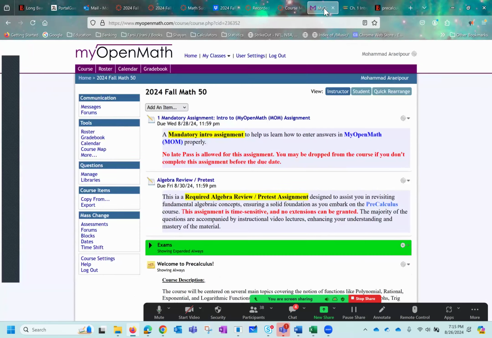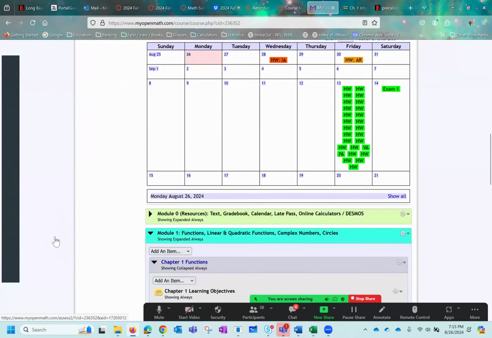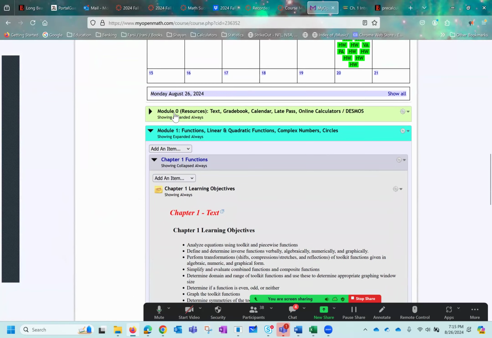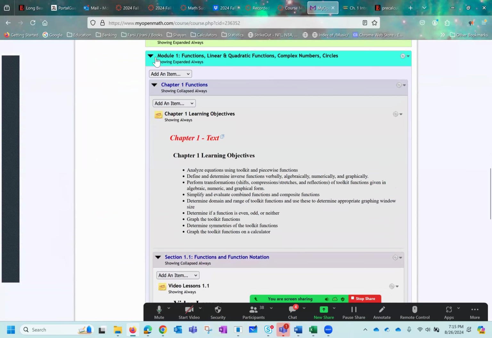Finally, when you go to My Open Math, first and foremost, you do the mandatory assignment to My Open Math to get familiar with how it works. Then you do the algebra review to see what is your background and your prior knowledge of mathematics. Module 0 has nothing but a bunch of resources. Your actual work starts with Module 1, Chapter 1,